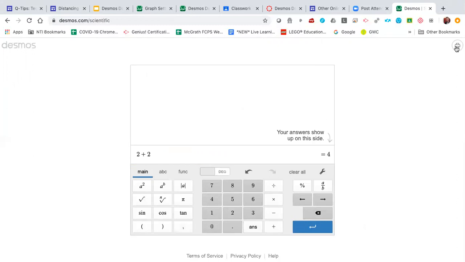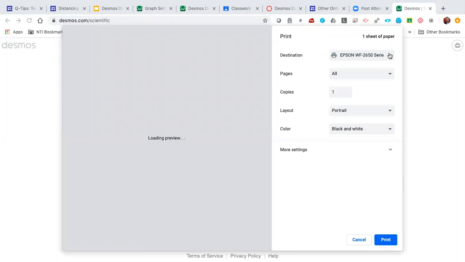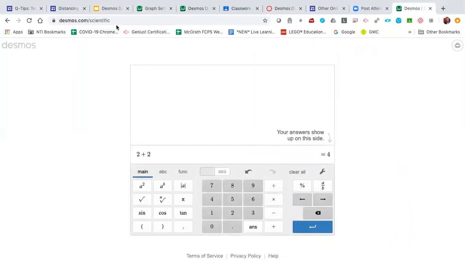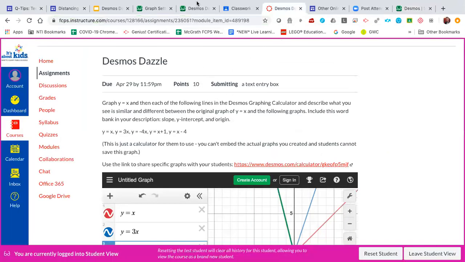I'm going to go over here to the print feature, and I might be able to save it as a PDF if I wanted to show them the steps that I've done. You could always just take this calculator and embed it into, not embed it, but I'll try to find the embed link to see if they have an embed link to put into Canvas. It won't embed into Google Classroom, but you could always copy and paste this link into like your